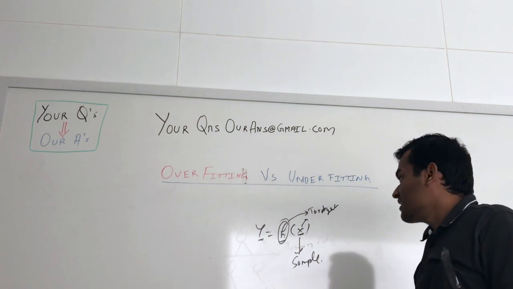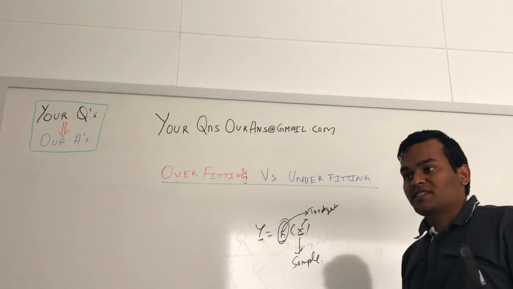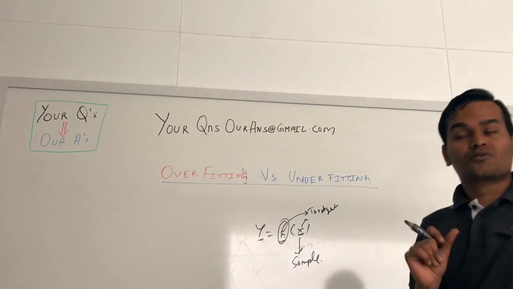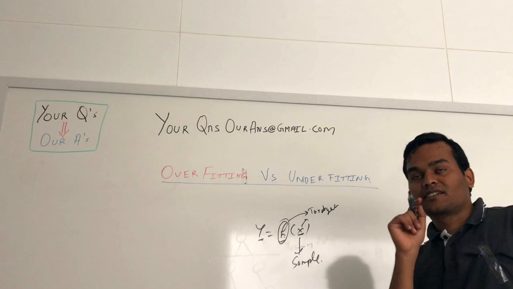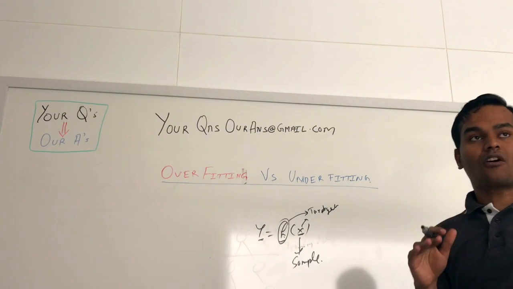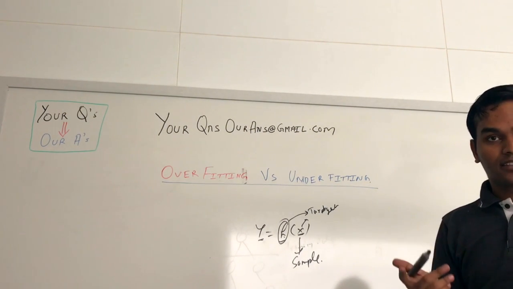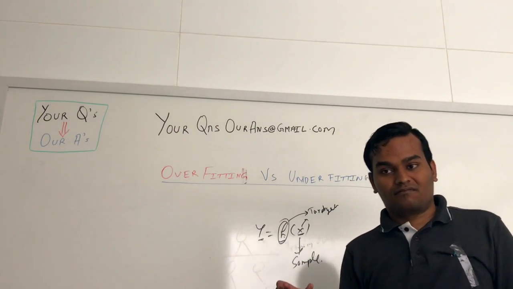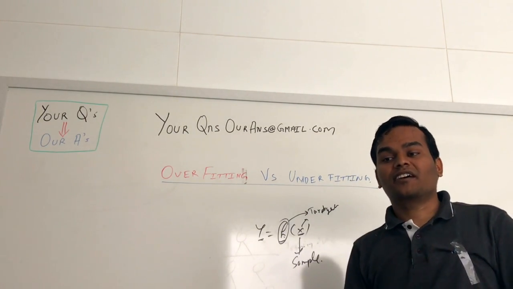Similarly, underfitting is very easy to identify: you get bad performance on the training set as well as on the unseen data, right? So how to fix that? Underfitting happens when you have chosen the wrong model or wrong algorithm. So let's say you are trying to model a polynomial using a linear model. That's when underfitting occurs.